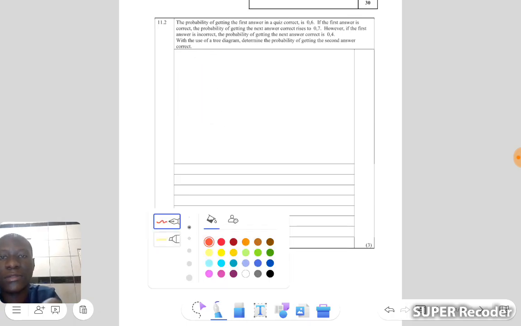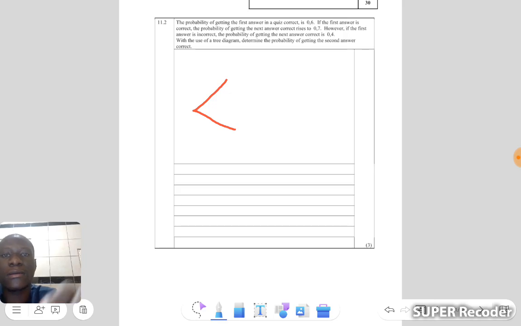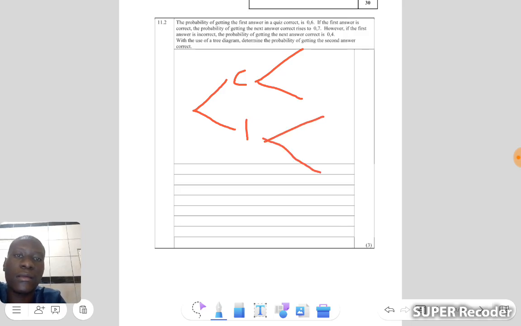Let's start afresh. It'll be like this, right? This is C, correct, incorrect, correct, incorrect, right? So let's analyze what we're given. They are saying the probability of getting the first answer in a quiz